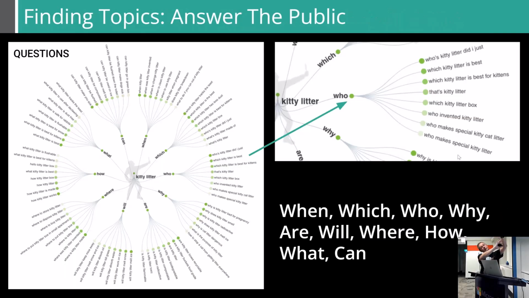But it visualizes the searches that people are doing. So the first one is questions. So you've got your when, which, who, why, that sort of stuff. So you can see exactly, for example, how kitty litter works. Where's kitty litter made? So this can give you a really broad idea as to what people are searching for within your niche and your general keywords. It allows you to pick topics and also see if there's any additional keywords that you might want to go down in a particular niche that you want to go down.